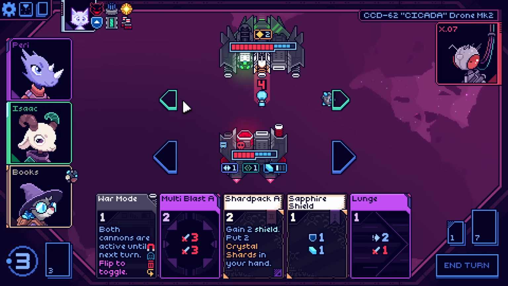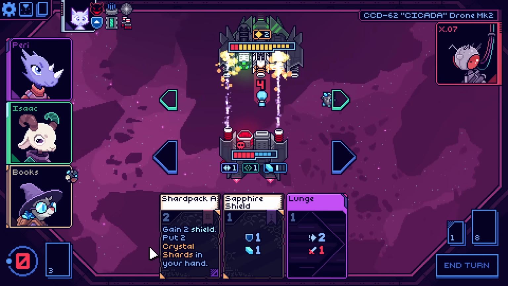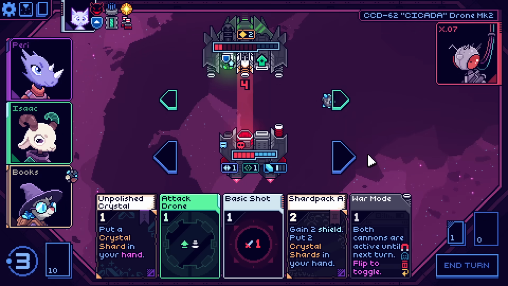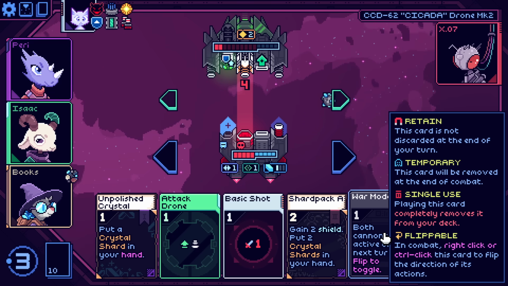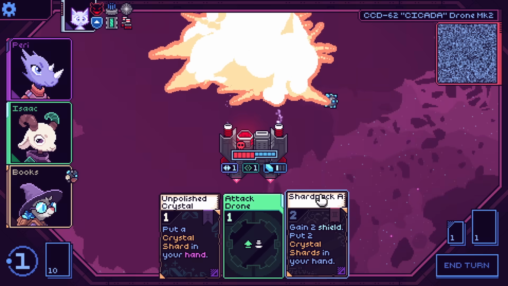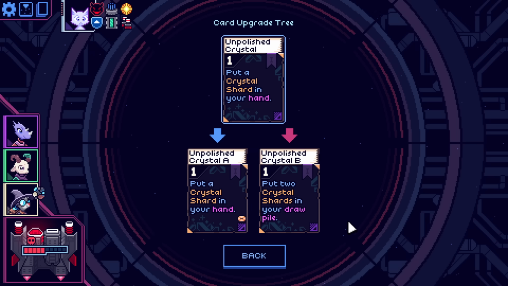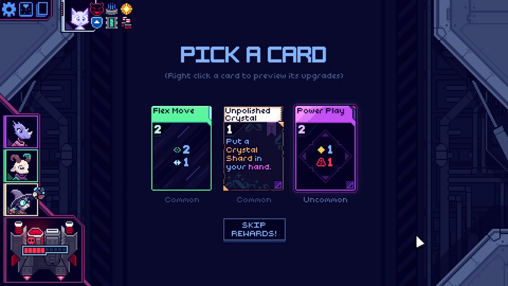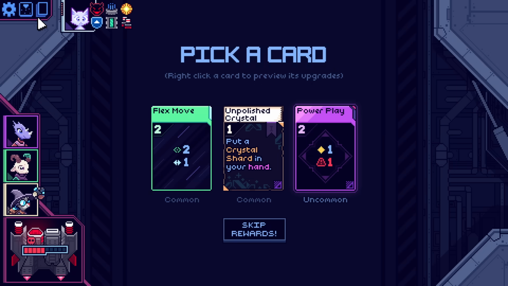Okay. War mode, activate. That's crazy, man. Would that one stun? Would that one count as a stun? How's that work? Put a crystal shard into your hand. Okay, that's just the starter card. Again, I don't have anything to do with it, and also, it's not that good of a card to have to pay for. A non-temp crystal shard is going to be really nice, but...